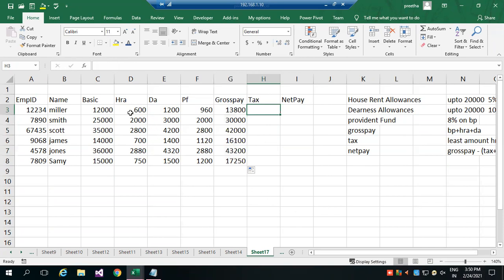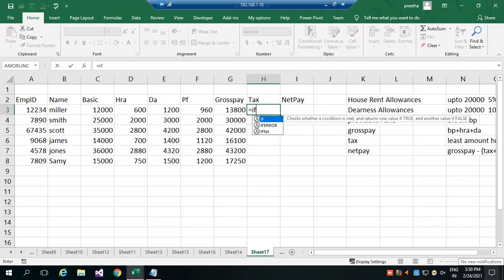Tax. Among these allowances, which is the least amount? So here 600 is the least, that is the tax amount. How do I compare? If HRA is less than DA and HRA is less than PF, then HRA is the least.